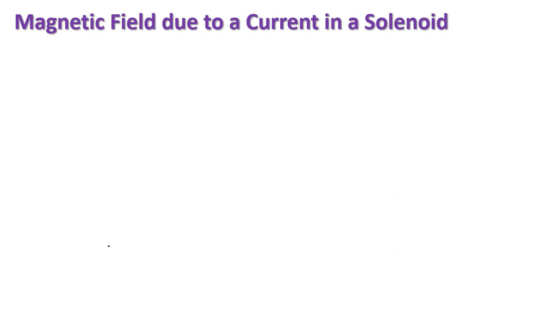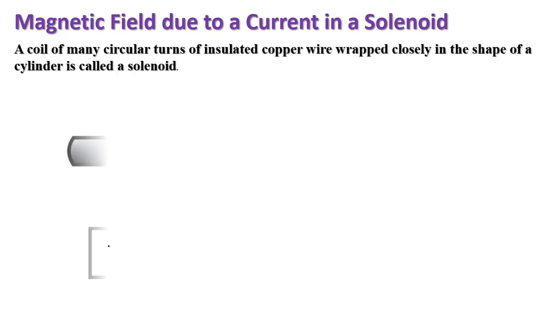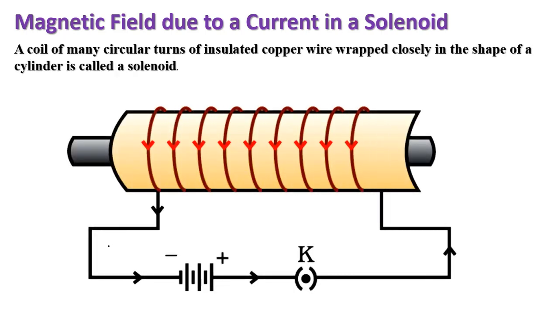Now we are going to discuss the solenoid. See what a solenoid actually is. From the figure here, it is very clear what a solenoid is. This is an insulating material, an insulator, and on this insulator we have circular coils which are wrapped in such a way that they form a helical coil.